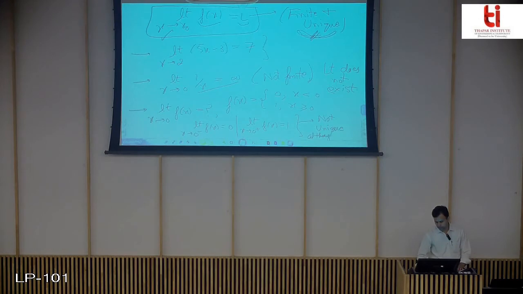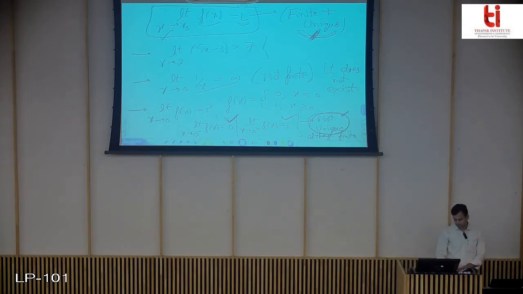Although finite. Now in this case you can see the limit when you are approaching from left is 0 and when you are approaching from right is 1, but it is not unique. In both the cases it is not unique when you are approaching the point 0 from left and right. So limit should be unique. From whatever left or right hand side you approach that particular point, limit should be unique.